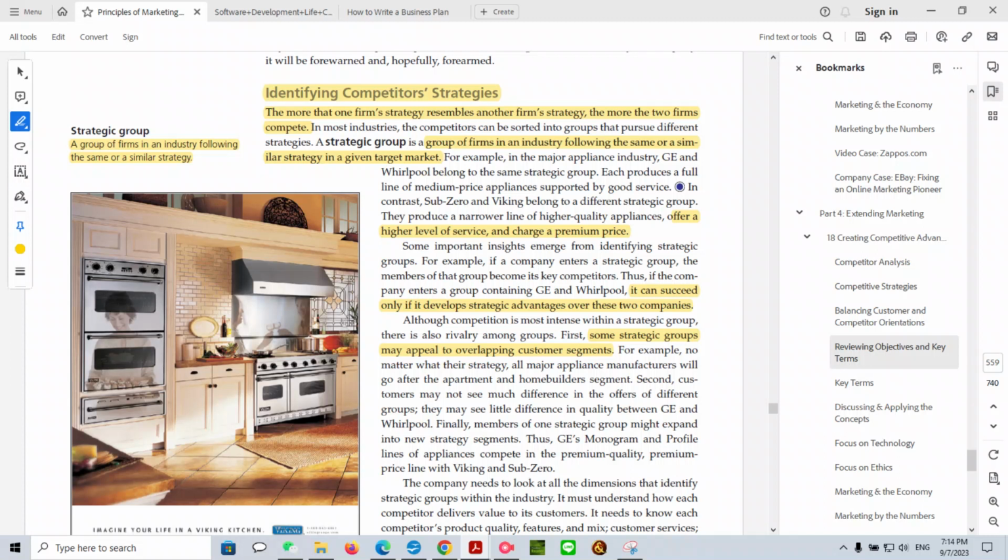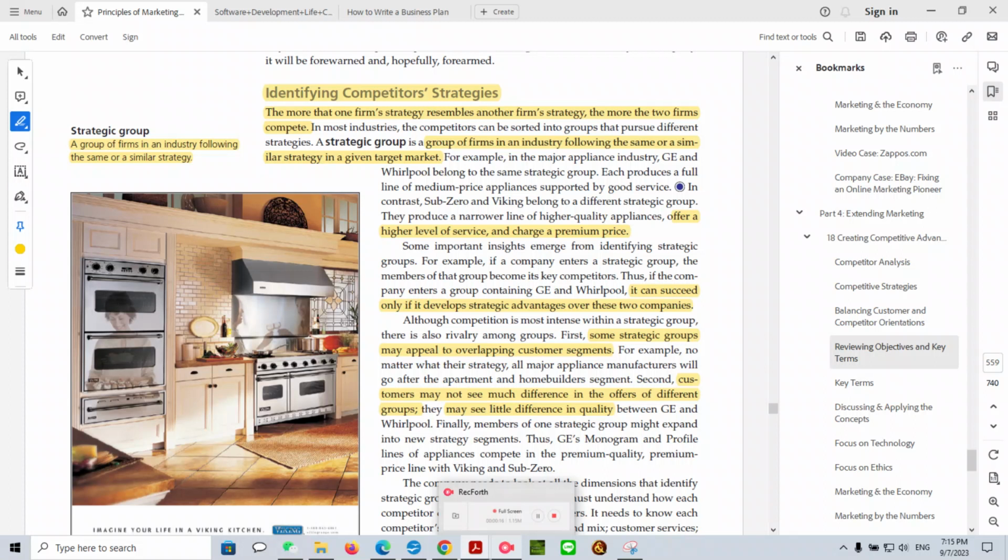Second, customers may not see much difference in the offers of different groups. Okay. They may see little difference between the quality. So this is a challenge because if you are a name brand that charges more, you have to justify it. You have to be able to convince the consumer they should pay more for your name brand. And in some industries, the performance differences, these benefits, and the features can be complex if it's technical in nature. But you have to show that you're getting more value for